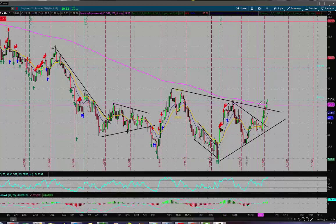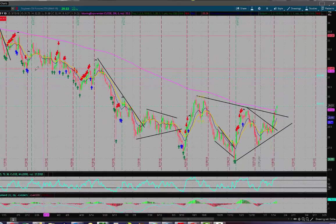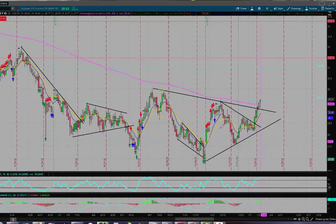We have a larger 1, 2, 3 pattern that has formed down here, this being the 1, this being the 2, this being the 3. You can see that we're breaking out of that area. That's going to project a potential move all the way up here to roughly the 31 level. You can see we've got a little bit of price action that should provide some resistance. Our target here is indicated by this red line, so roughly 31.5-ish is what we'd be looking at for potential